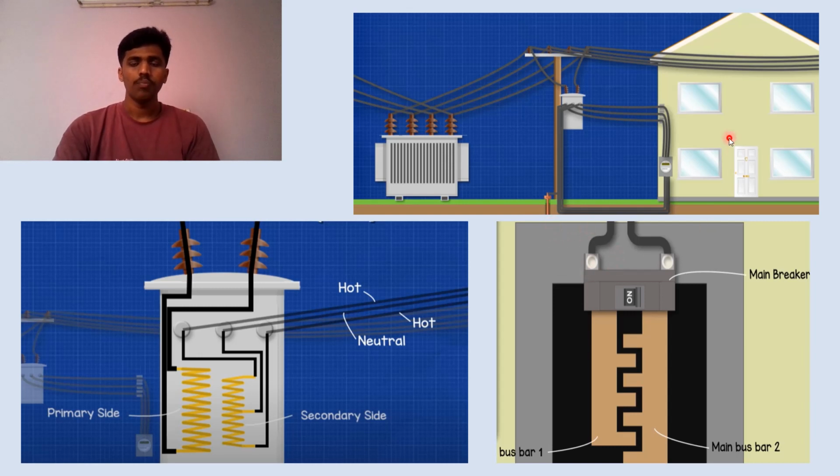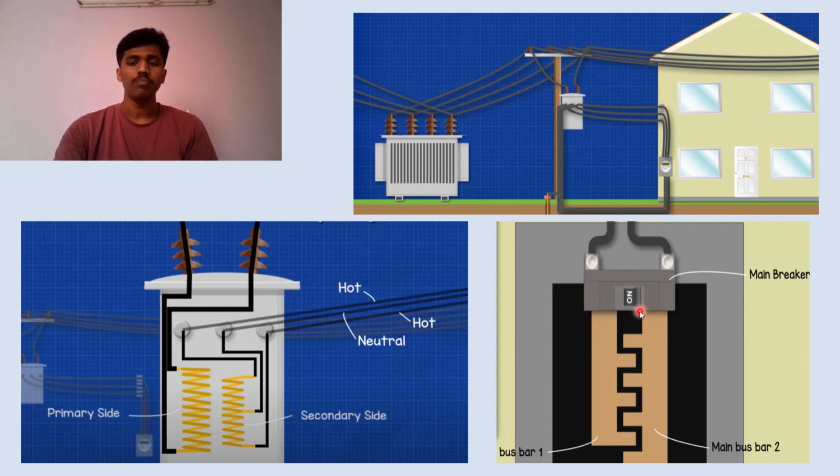So this property will consist of a service panel, sometimes called a breaker box. This service panel consists of a main circuit breaker. This main breaker is used to protect the property from overcurrent, and it consists of two plugs, and these are connected to the two hot wires coming from the electric meter.